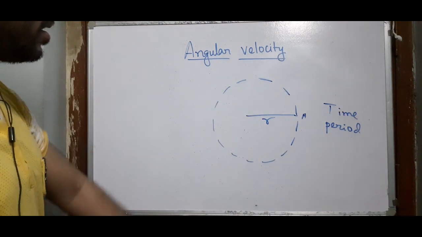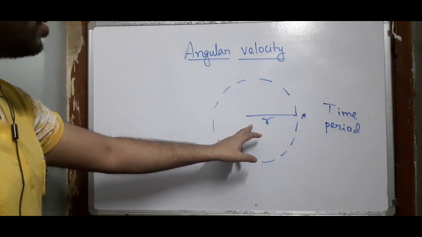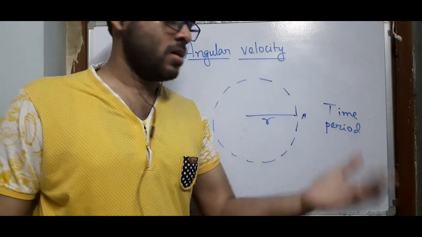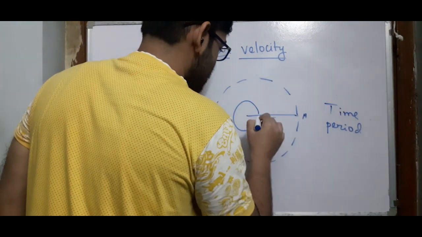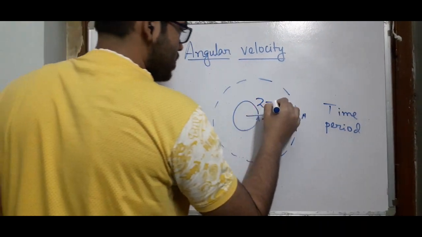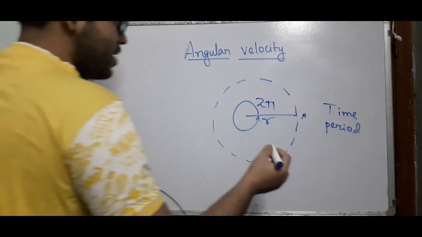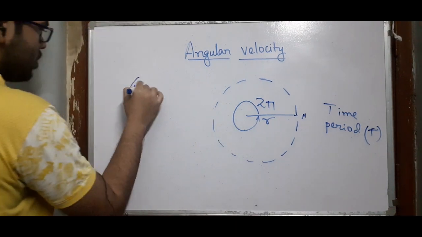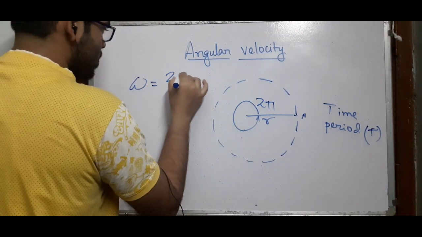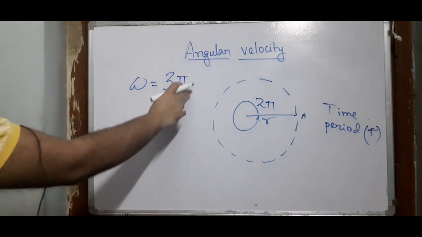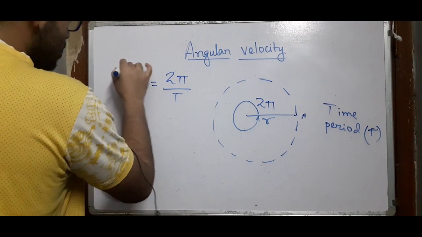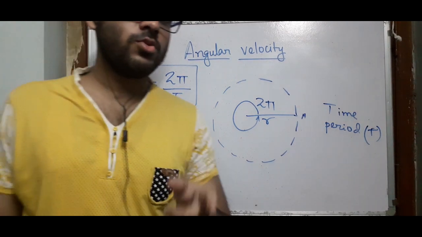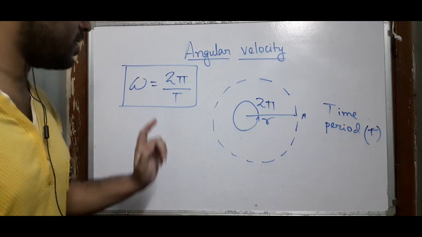So what is the net angular displacement when the particle traverses one complete rotation? That is 2 pi in terms of radian, and the time taken is say t to traverse 2 pi. So the omega or the angular velocity, we have learned, is 2 pi over t, angular displacement divided by time. So this is the formula between omega and t. Remember this formula. When we do numericals, you will have to use this result.